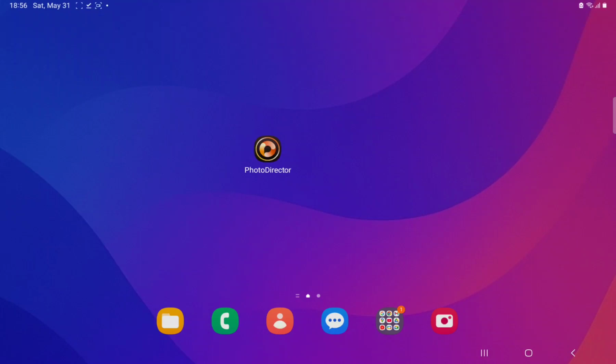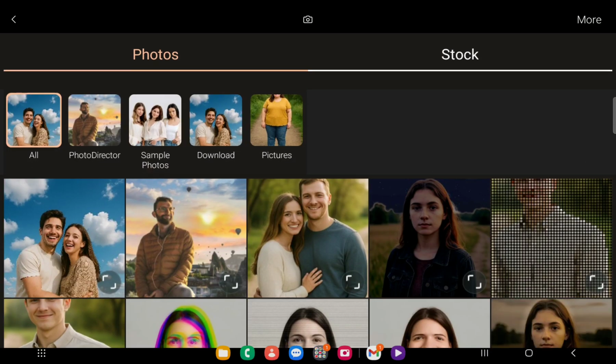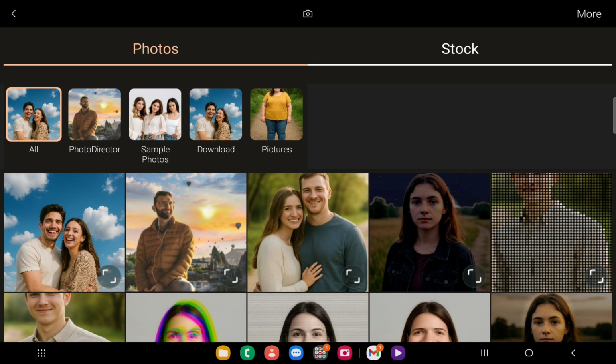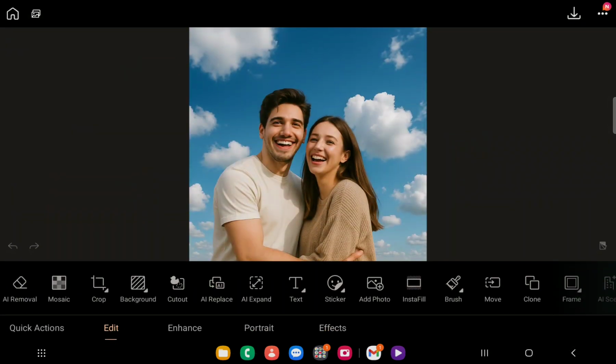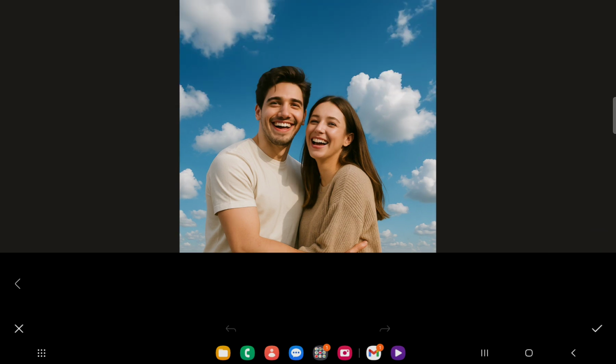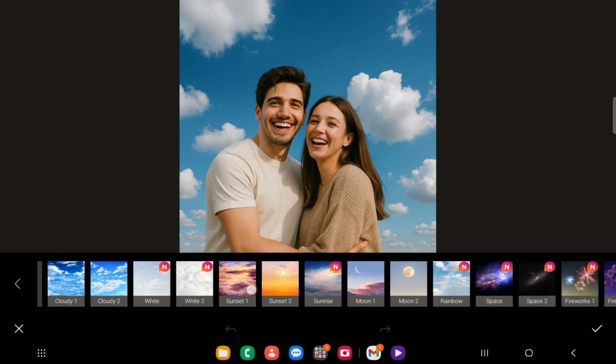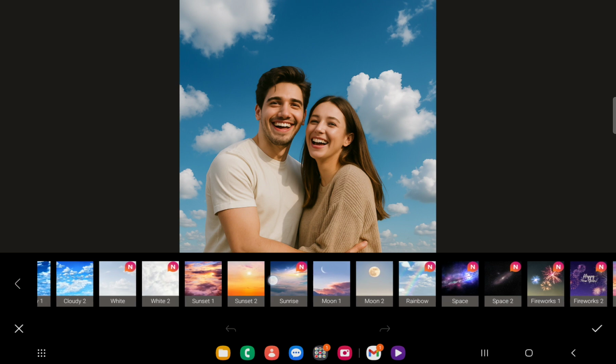Hello everyone, in this quick tutorial I will show you how to create a heart-shaped cloud in the background of your photo with PhotoDirector. Just open the app, tap Edit, choose your image you would like to work with and then select Effects, Sky, and then wait a few seconds, and here you will be able to see some cloudy